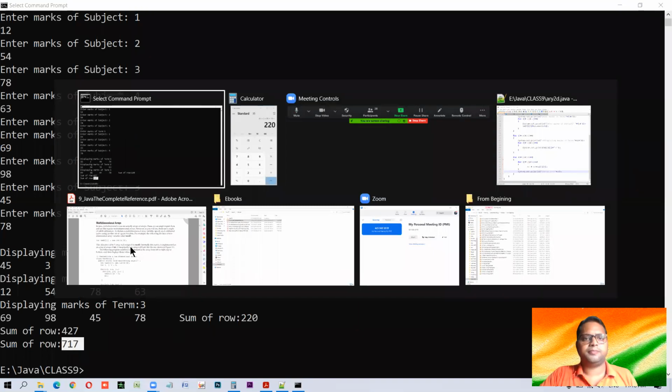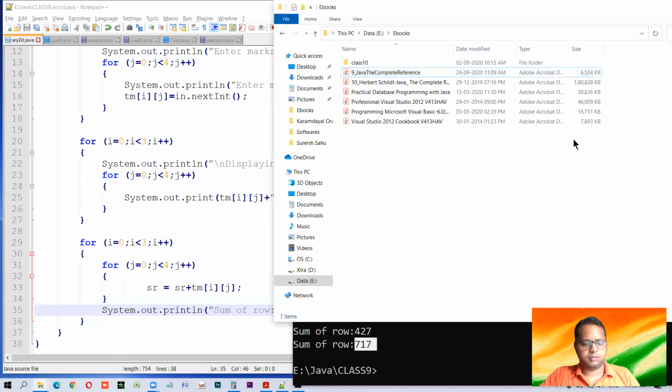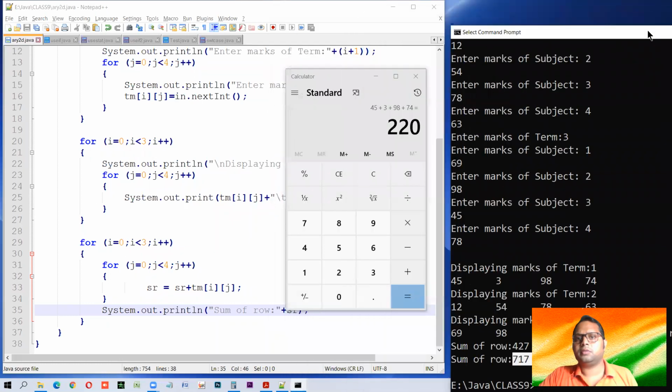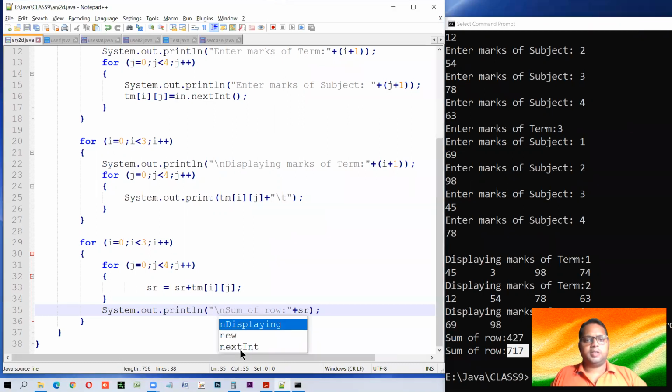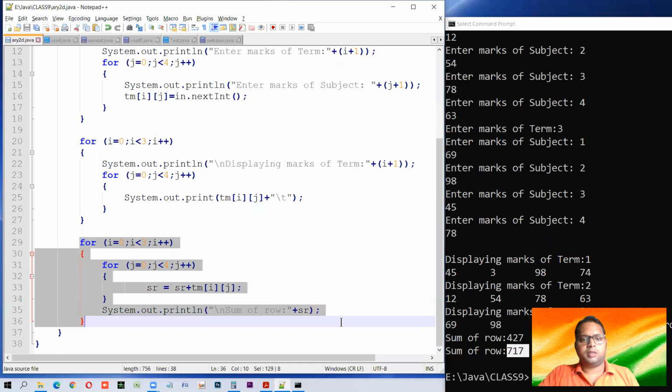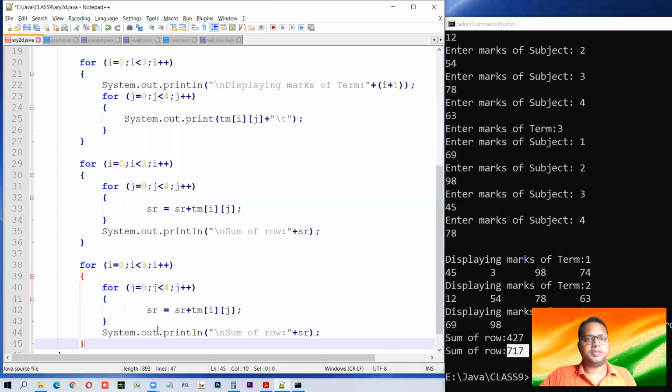let's say modifications. How can we do modifications? Of course, यहाँ से. तो वैसे ही लगा लीजिए. तो हो गया सम ऑफ रो. अब सम ऑफ कॉलम कैसे करेंगे? बहुत सिंपल है. इसको कॉपी कर लीजिए. एक फोर लूप फिर से लग जाएगा, और इस बार यहाँ पर जे बदल रहा है ना, हम इन चीजों को बदल लेंगे.